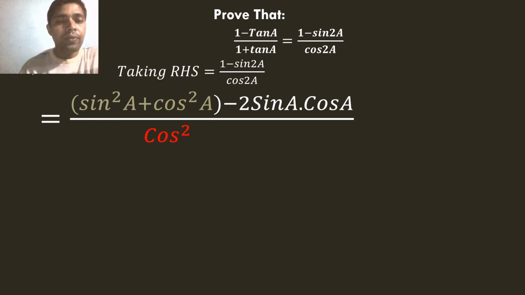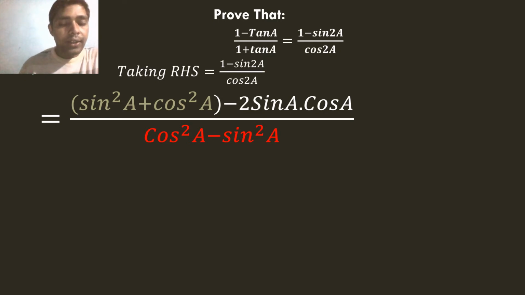In the same way, in the denominator we have cos square a minus sin square a. So why are we using cos square a minus sin square a? Some may have confusion, because cos 2 theta has so many formulas and can be written in different formats. Why are we using this one only? Because in the numerator we are using sin square a and cos square a, it means we are using sine and cos format. So in the denominator also we have to go with sine and cos format, so we have used cos square a minus sin square a.